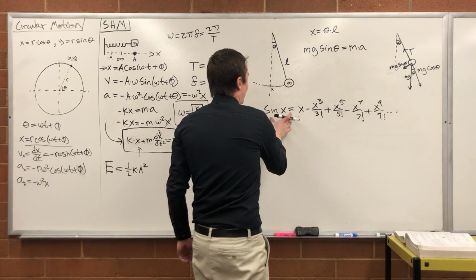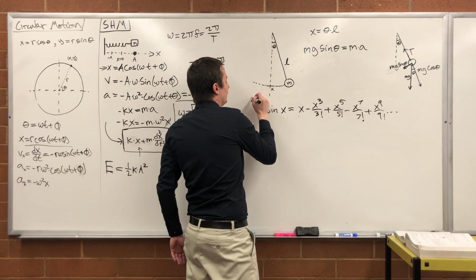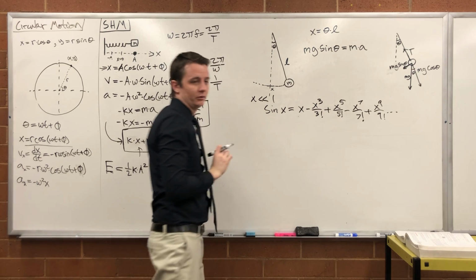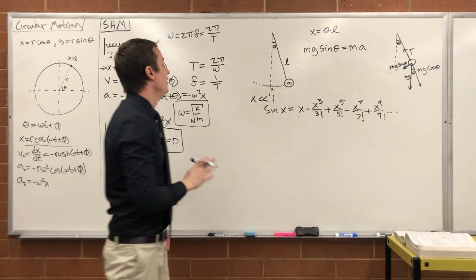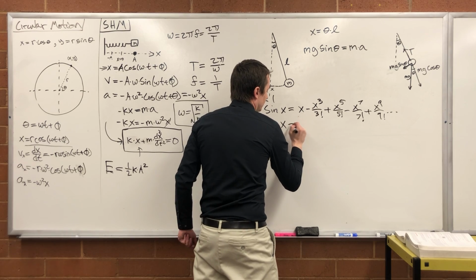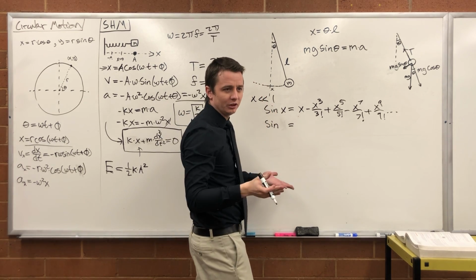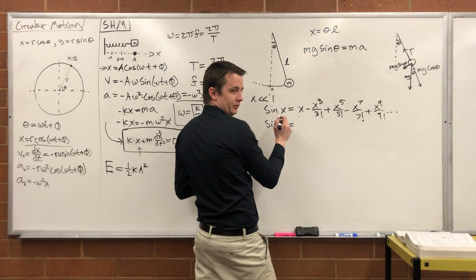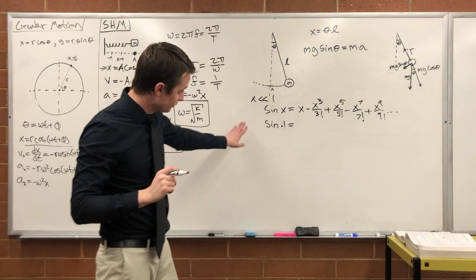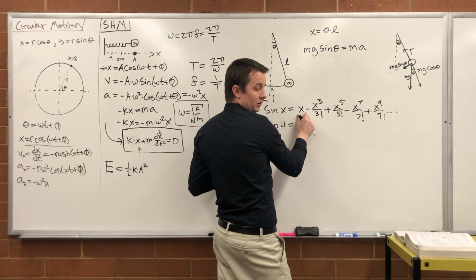Now, if we plug in for x a value much smaller than 1, then it turns out sine of x is what? So let's plug in a value much smaller than 1 really quick just to get a feel for what this looks like. Let's plug in something like 0.1. If I plug 0.1 into the sine function, then right here I get 0.1